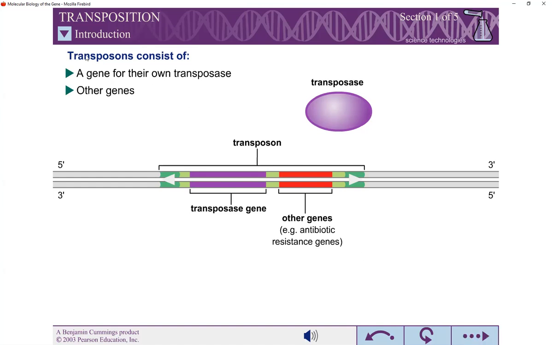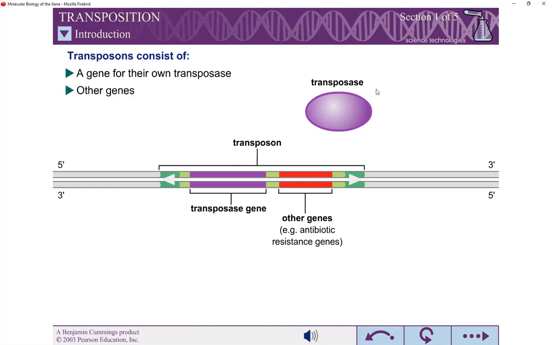Now see this. Previously, you students would have been told that transposons do not contain any gene. Actually, that is completely wrong. Transposons usually code for one or more genes. The most common gene for which a transposon codes is the transposase gene. The transposase gene is always encoded by the transposon, and this gene leads to the formation of a protein that is referred to as the transposase protein.